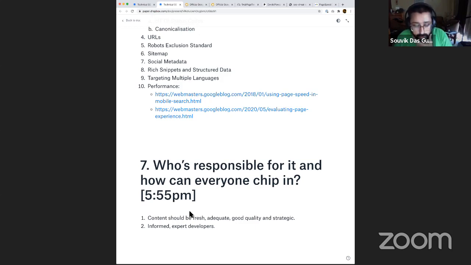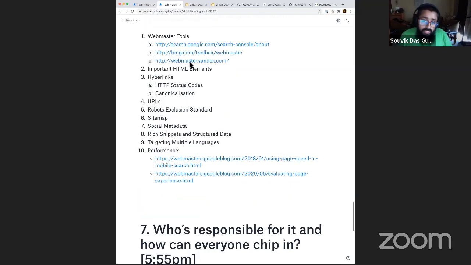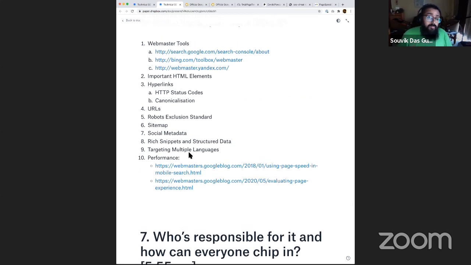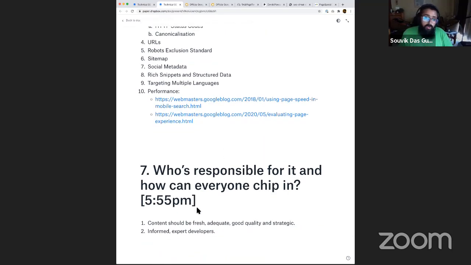The second bit is, if you engage with informed expert developers who are taking care of all these bits, they are the most useful or the most important bits that Google and other search engines suggest that you should do in order to make sure that you fare well on Google's own search result page. The roles and responsibility of SEO consultants and other people out there is there. I won't completely write them off, but if they are having to come in, there's a very good chance they'll go back to these 2 points only.